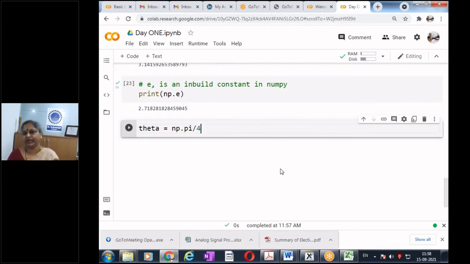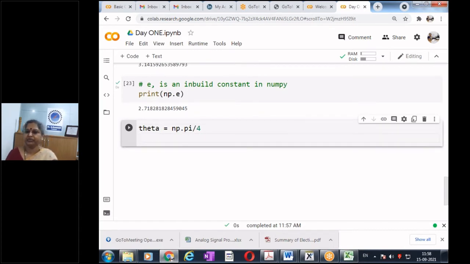Theta is np.pi by 4, and then I want to compute the cos of pi by 4. So how will I get cos theta? I want to get the cosine of the function.